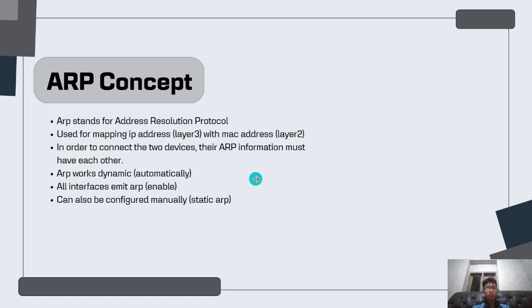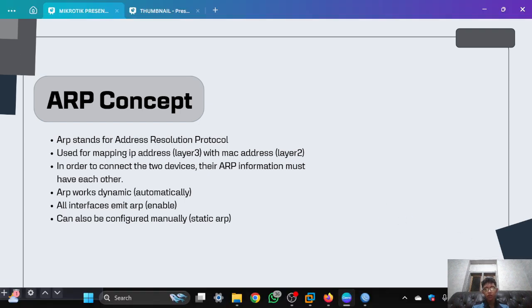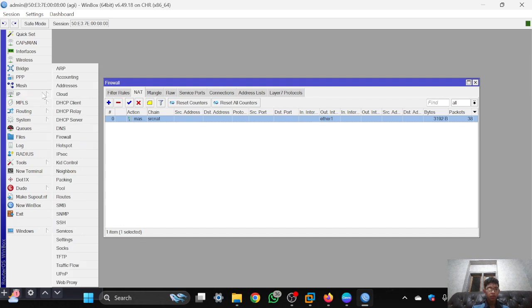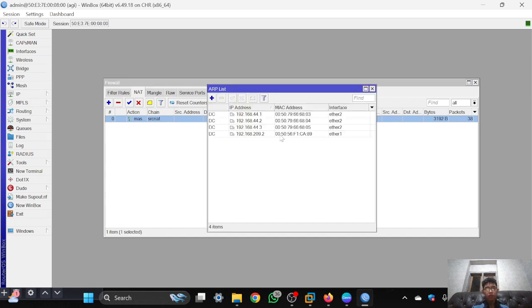ARP works dynamically and automatically if the interface has ARP enabled. It can also be configured manually as static ARP. So for ARP, we go to IP and we go to ARP. ARP is used to look at which PCs connect to the internet.